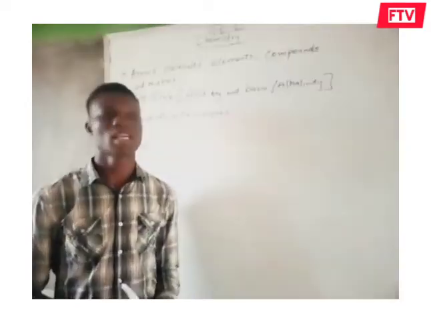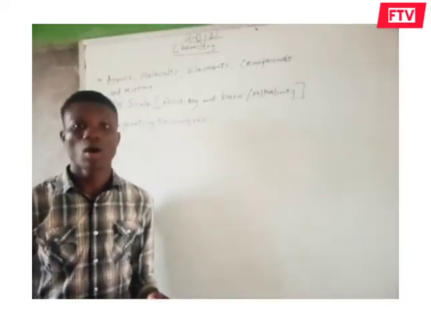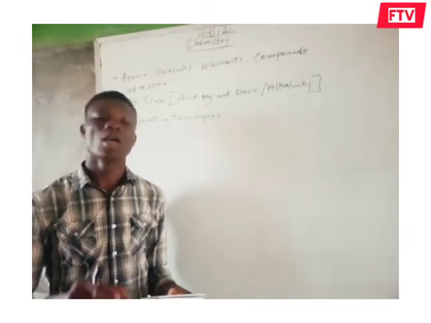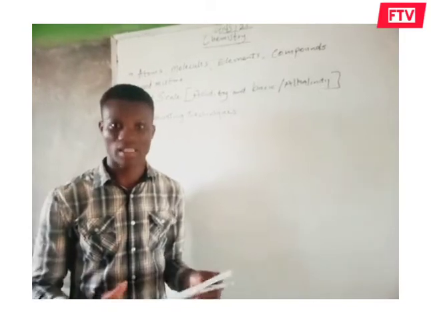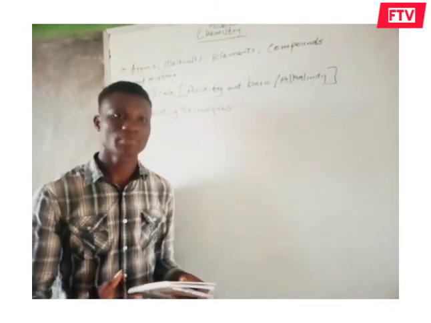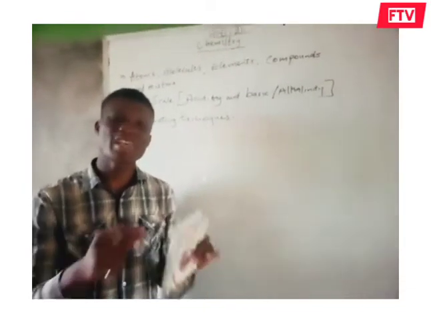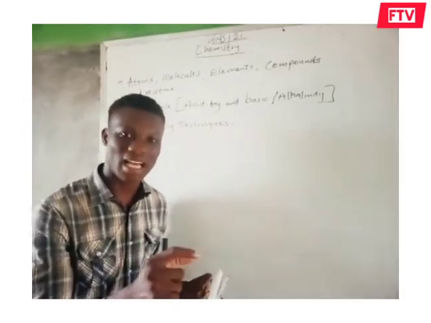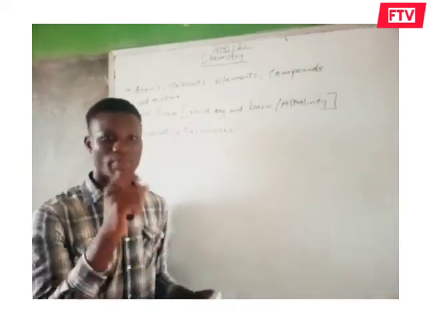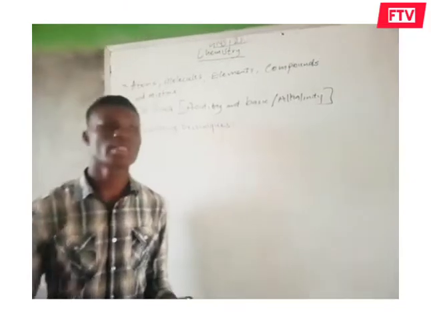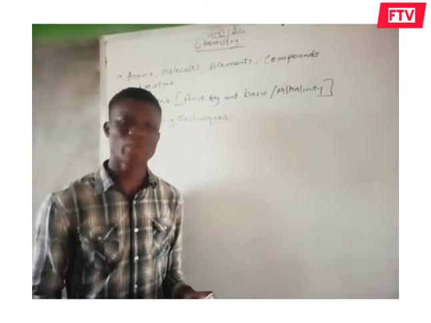Let's start from atoms. An atom is the smallest indivisible particle of a matter. Now, matter is just anything that has weight and occupies space. So the smallest indivisible particle, the basic unit of that particular matter, is what we call an atom. An example of a matter is a paper. To the extent that you can divide that paper to the smallest size, that is the atom of